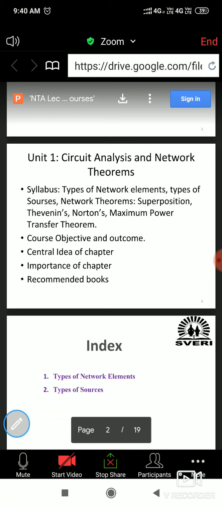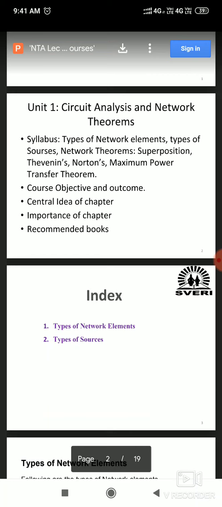You can analyze the circuit properly, you can find out the parameters, especially we require this in the project, small scale project, or which is based on hardware. In that case all these theorems will be useful. And the important ones, maximum power transfer theorem and Thevenin's theorem, are important in transmission lines and antennas. Okay, those are the applications.